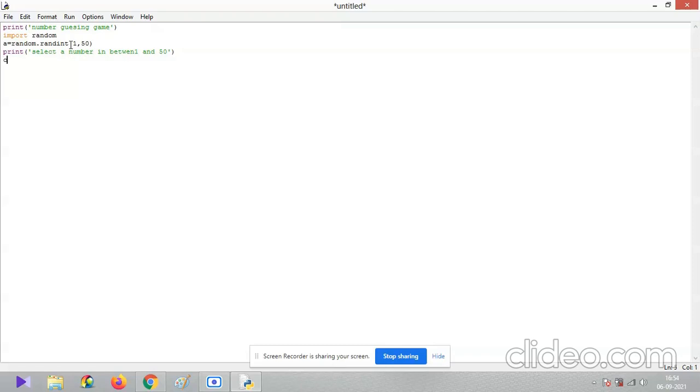Then we have to add chances. So in every game there will be chances. So in the starting the chance will be 0. So we are putting chances equal to 0. Then while chances is smaller than 5